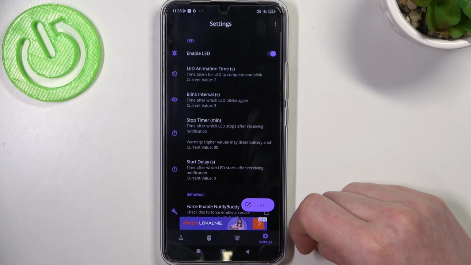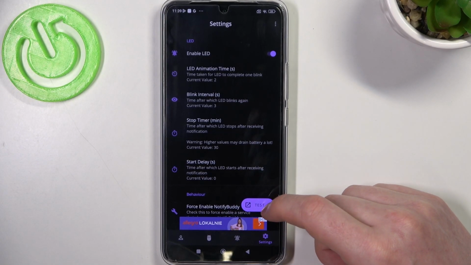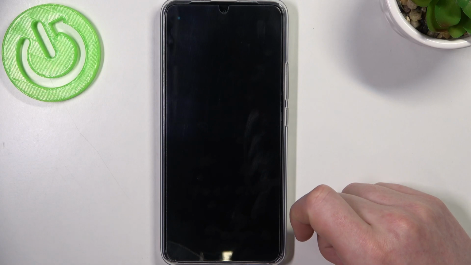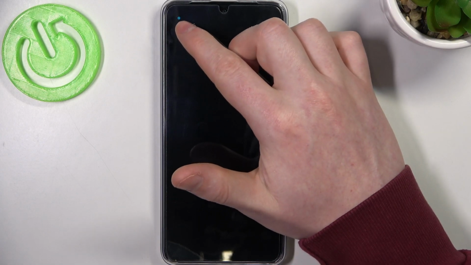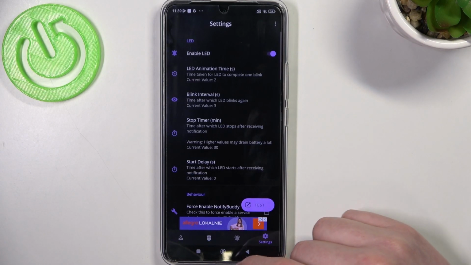And in the settings you can customize a LED lamp with different size, color, shape or a placement on the screen. Let's click on the test button to see the LED lamp, and it should be right here by the default. And that's it for this